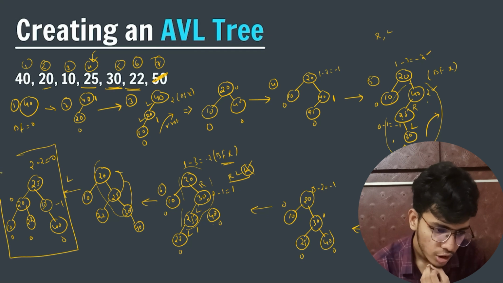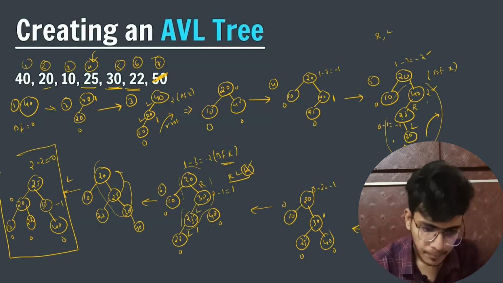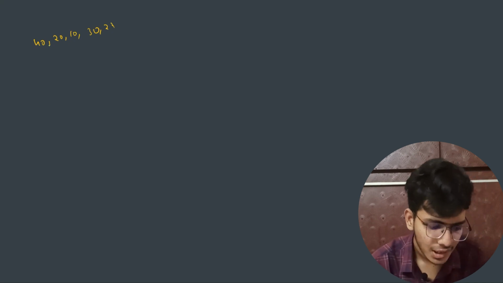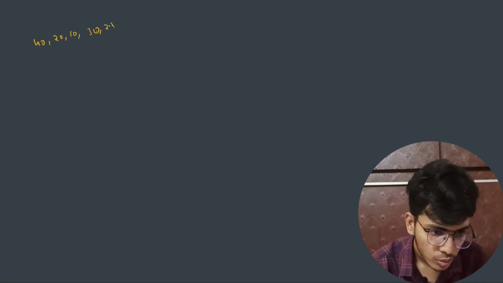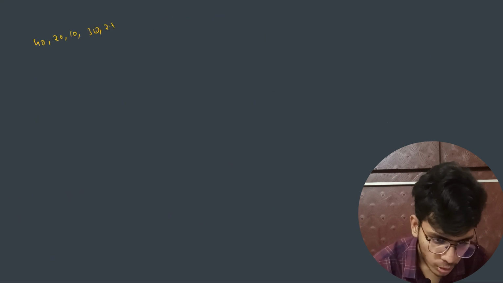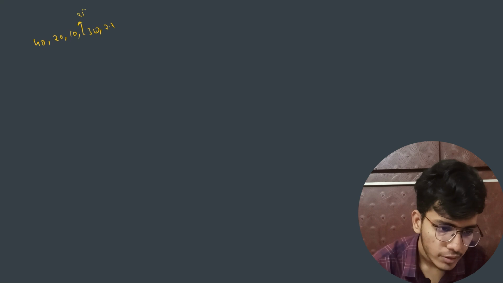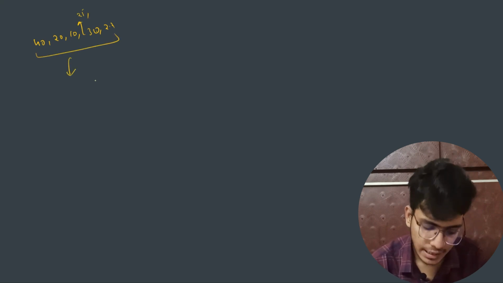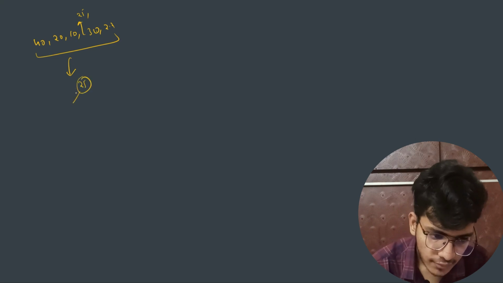For this whole structure my balancing factor got same. So for this AVL tree, 40, 20, 10, 30, 22, these are the different nodes: 1, 2, 3, 4, 5, and here I think I am missing one more node. Yeah, 25. Here 25. So for these 6 nodes, my final AVL tree function will give me this: